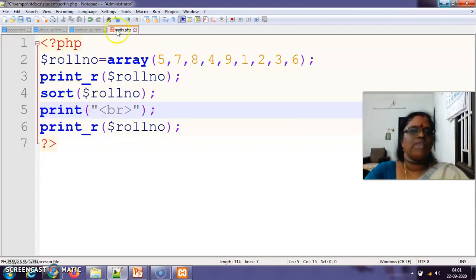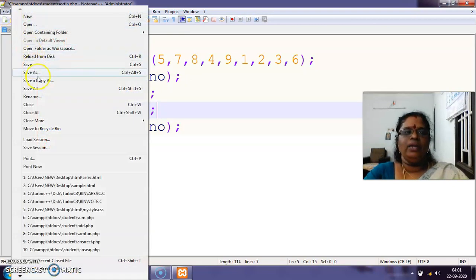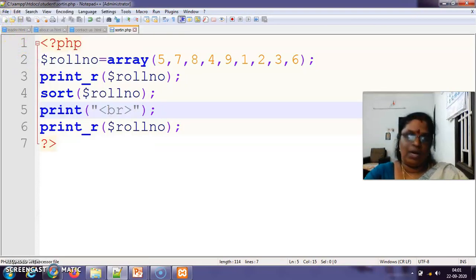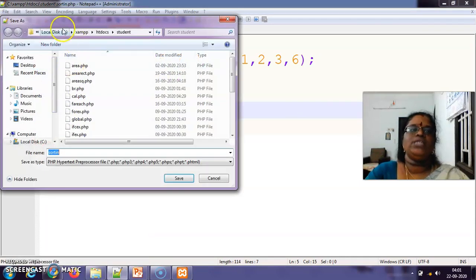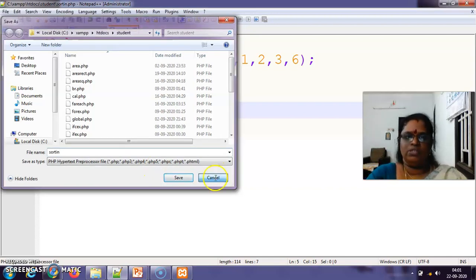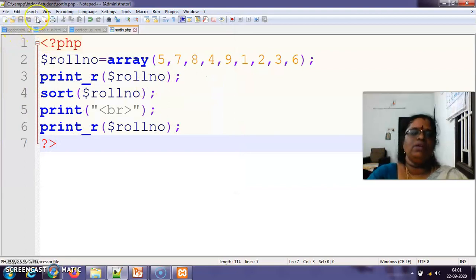Now we are going to save this. How will you be saving? We want to go to File. I already saved this. File, Save As, in the C exam folder, htdocs student, any name with .php, you want to save this. Got it? Yes? You want to save in htdocs in exam, C colon exam htdocs. If we have a folder, then the file name with .php.